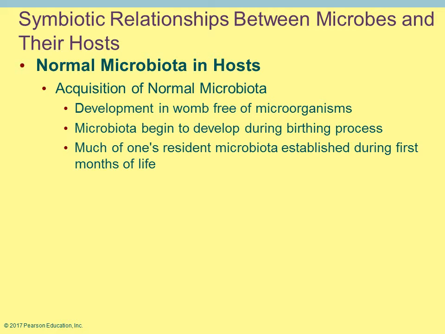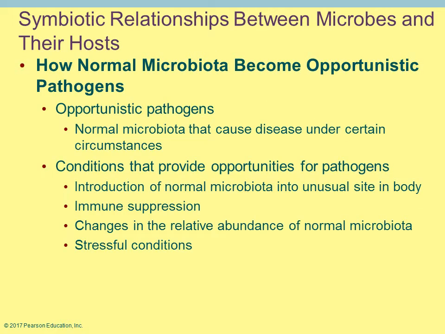During fetal development, during the pregnancy, the fetus in the womb is hopefully in a sterile environment. That's the way it naturally should be. So how do we pick up these normal resident microbiota? You start to obtain some of them during the birthing process. As the baby is born, passing through the birth canal, we'll pick up some organisms. And usually just by life, by eating, by being exposed to the environment, exposed to people. Most of the resident organisms are going to be established within the first few months of the life of the baby.